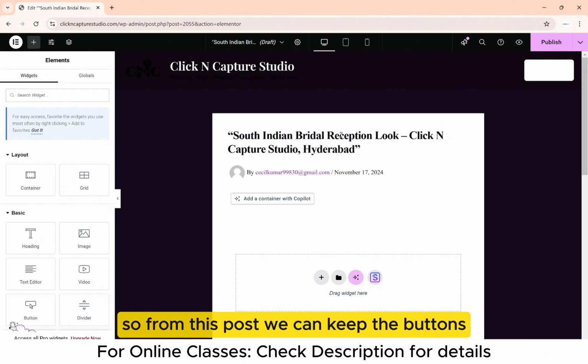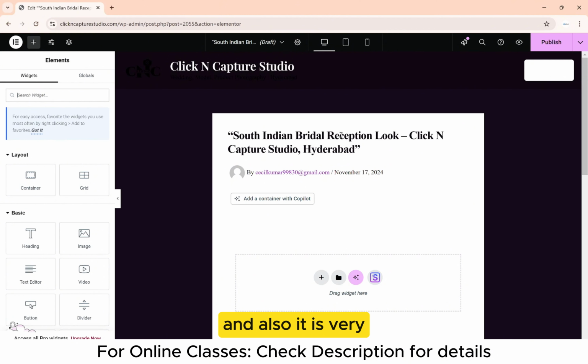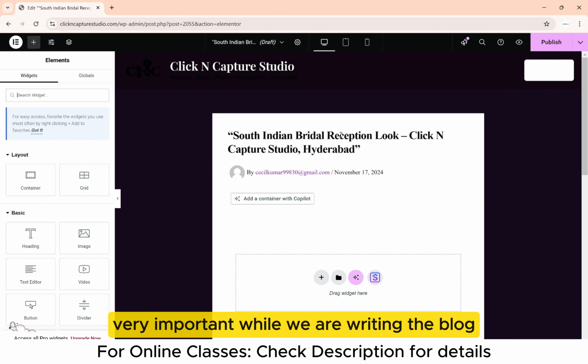So from this post, we can keep the buttons where we can redirect them to our website services page, our book now page. Because the main purpose for us to write the blog is to pull the customers right through the blogs. And also it is very, very important while we are writing the blog, we have to use the